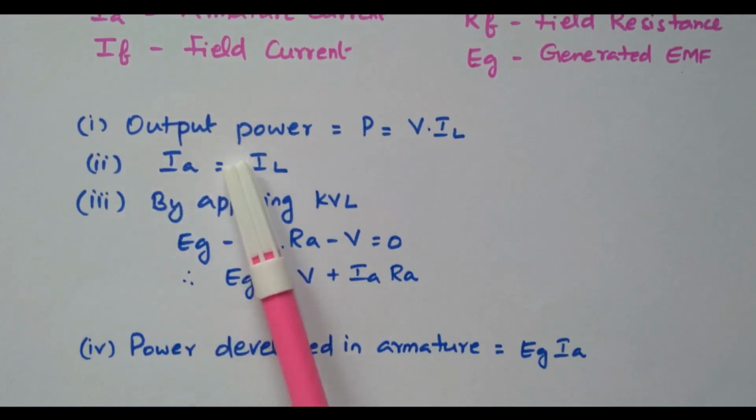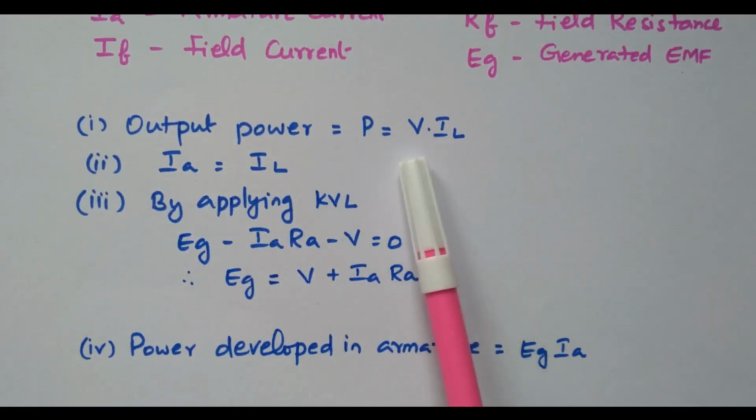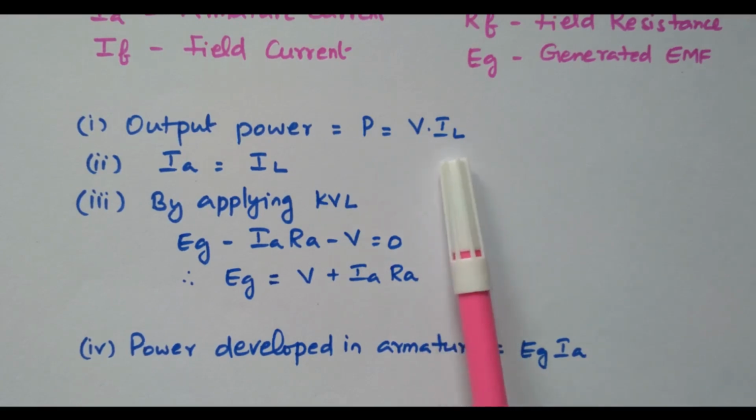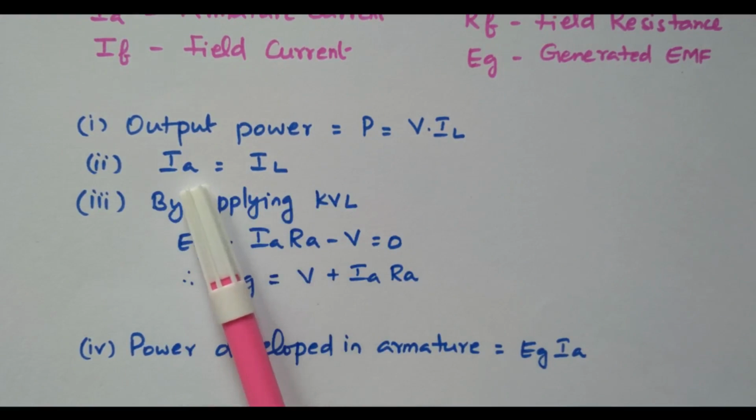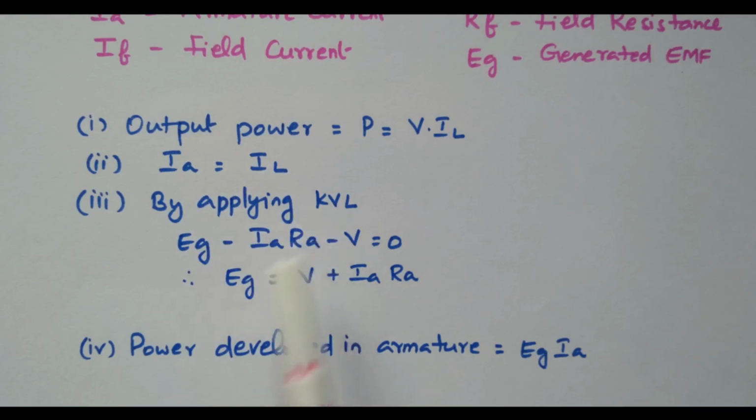So the output power is nothing but V into IL, the load voltage and load current. In this case, IA and IL are both equal. The current from the armature is equal to the load current. By applying KVL, Eg is the voltage rise, and this is the voltage drop. So Eg minus IA RA minus V equals 0, or otherwise the generated voltage Eg equals the voltage available at the load terminal plus the armature resistive drop